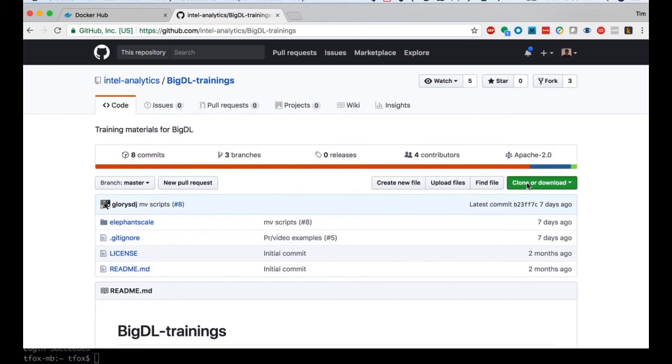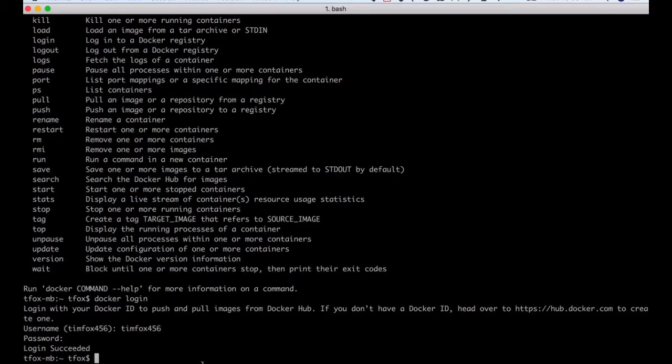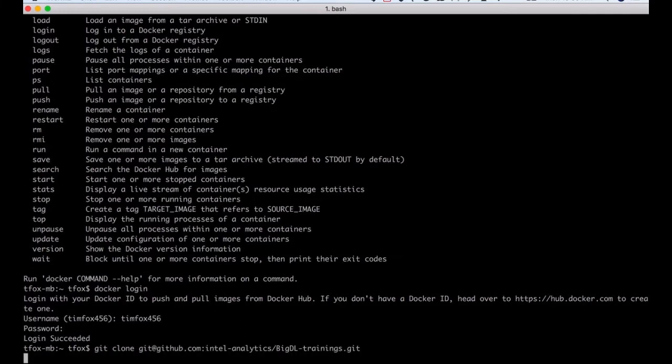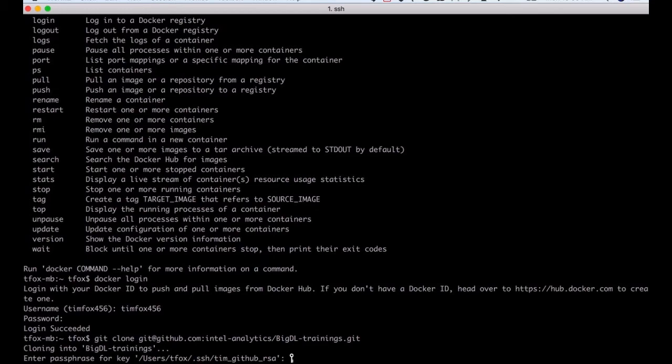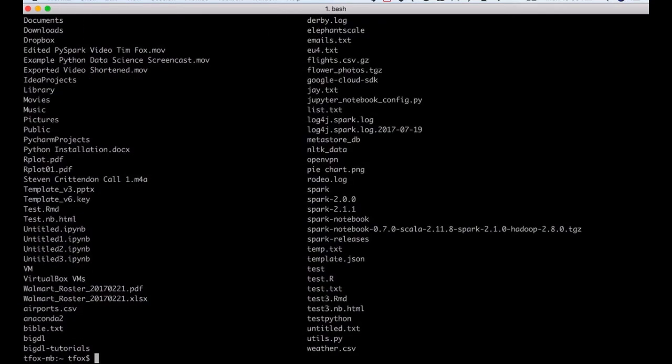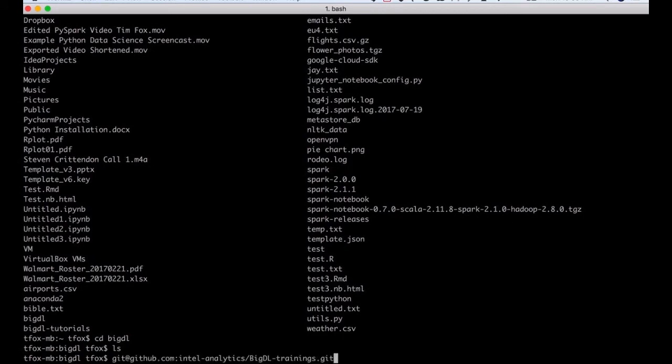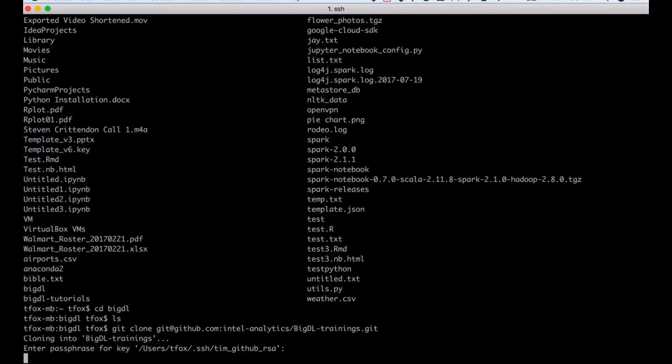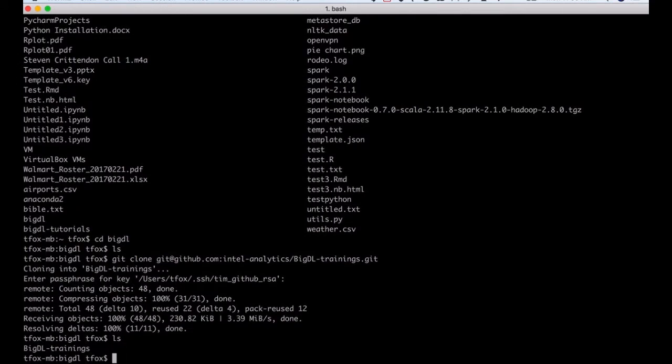And what I'm going to do is clone this onto my system. So I'll say git clone. Now that should give me a directory here called BigDL trainings.